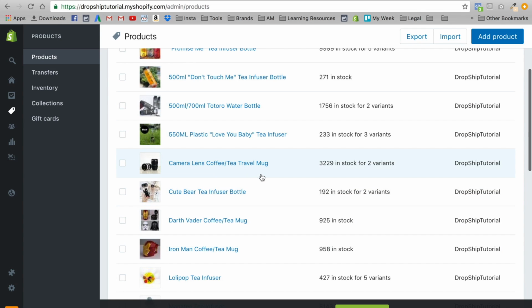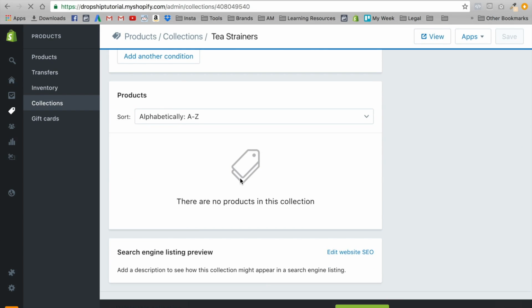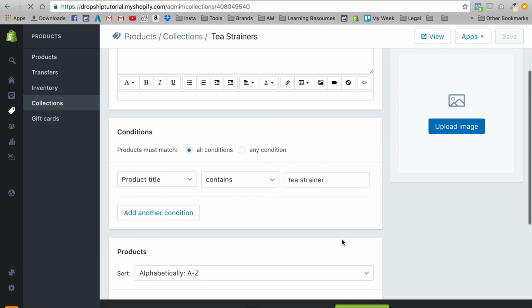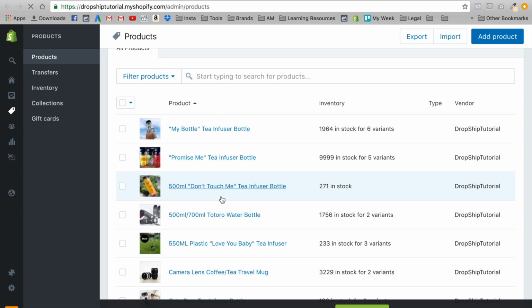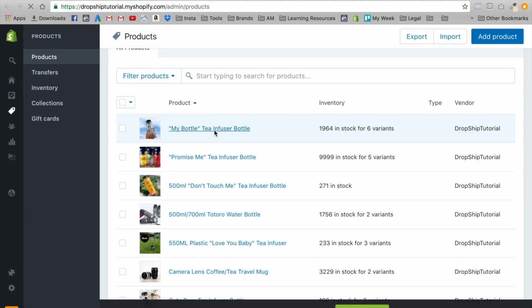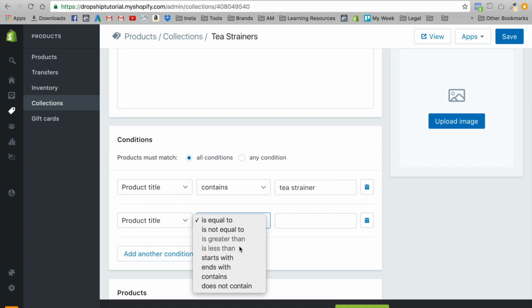So I think for the first product, I'm going to go into collections. We're going to go into tea strainers, and we're going to write over here. We already did this briefly in the first video, but now we're going to match it to the products that we added in the last video. So again, we have tea strainers. Let me open up the products in a new tab so we can cross-reference. And we have my bottle tea infuser, right? So I'm going to add another condition: the product title will contain